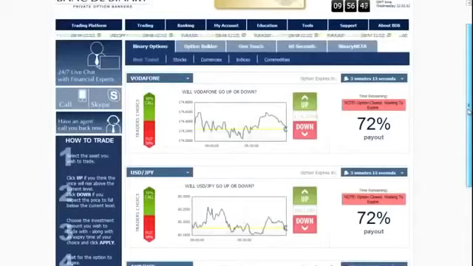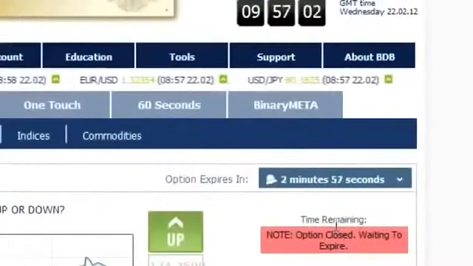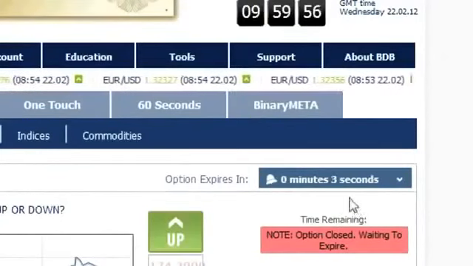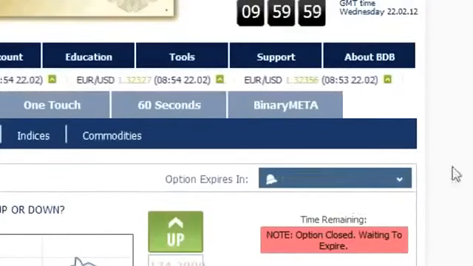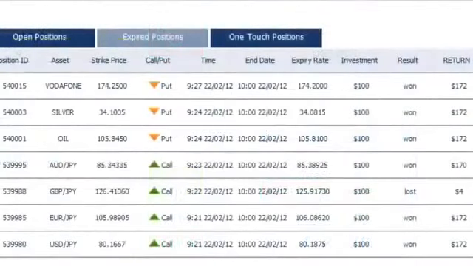All right. Once they expire, we'll see just how much we've won and how much we've lost. Right now our options are going to expire in about 3 seconds, and I'll start scrolling down to see if we can actually see any results. By now, all of our positions have expired and can be viewed in the expired positions section of the table, as you can see before you. In total, we won 6 positions out of the available 7. We lost 1, which is the Great Britain pound Japanese yen.